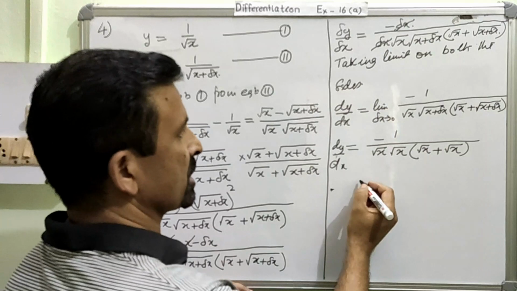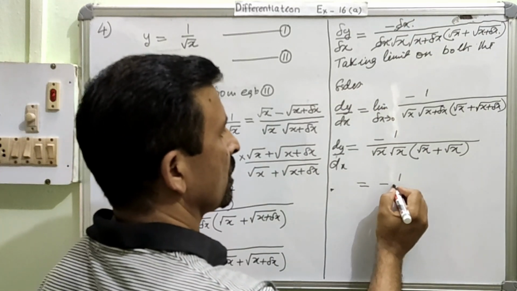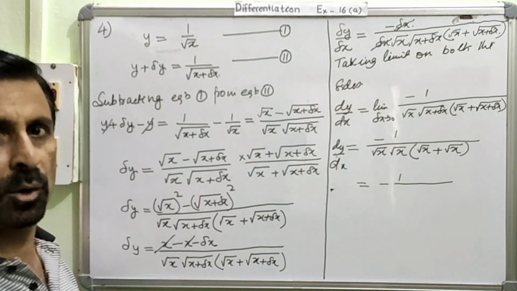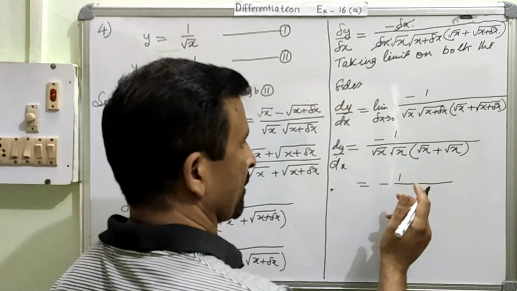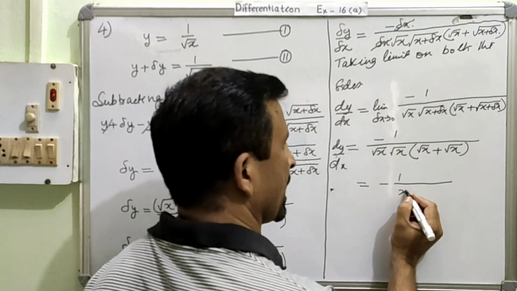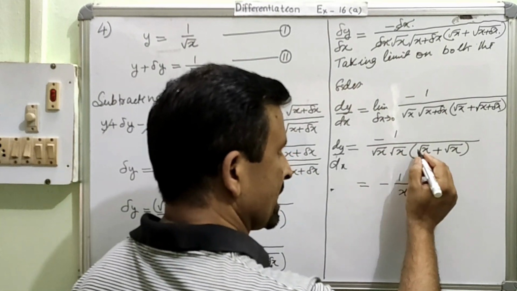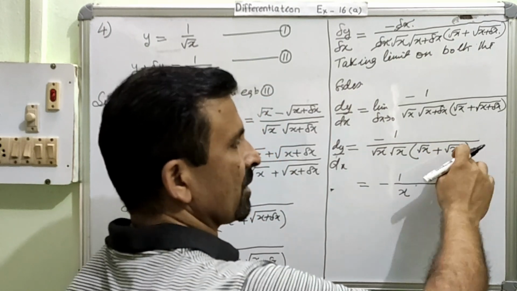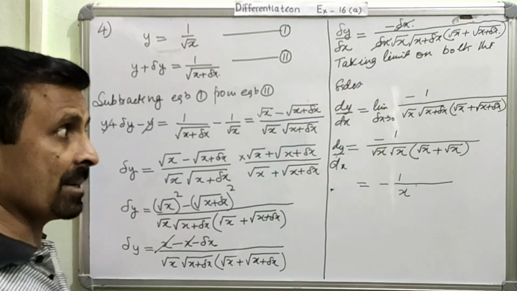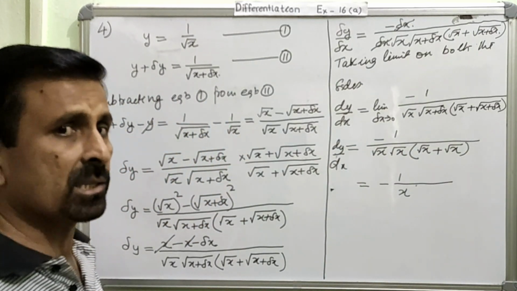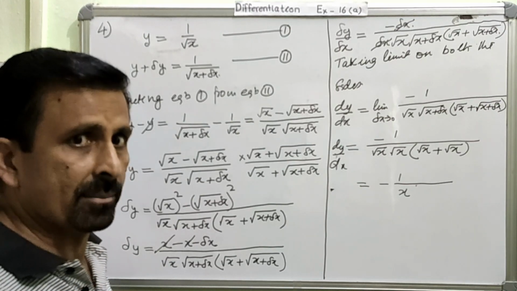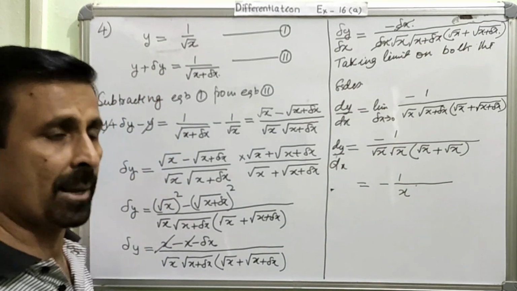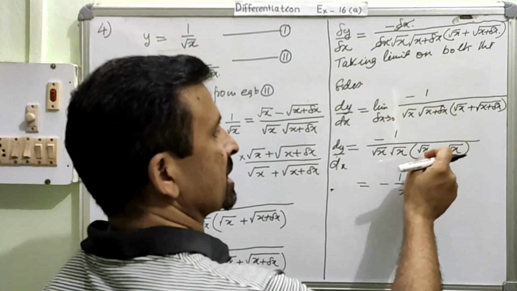Am I clear? Now see the final answer. Minus 1 over root x into root x. You know, like root into root, no root. Since you are multiplying, the root will be operated, and therefore this will become x. Clear? But in this case, you are not multiplying. So you cannot say that root x plus root x will become no root. Please remember, root x into root x is no root only when you are multiplying. But if there is plus or minus sign, then this cannot happen. The root cannot disappear.